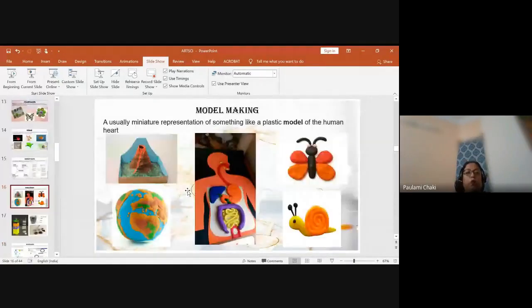Then we will come next to model making. Model making we always do in science. This is a miniature representation of something. In lower grades, model making can be very fruitfully done in the classes by using play clay or clay dough. And clay dough is generally part of the stationery in every school. So we can ask the art teachers to lend it to us, or they can do it in their art classes also, wherein for animals, different types of, even the digestive system, this is for grade 7.